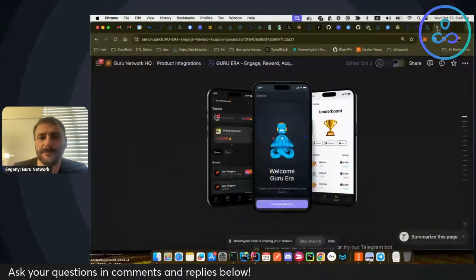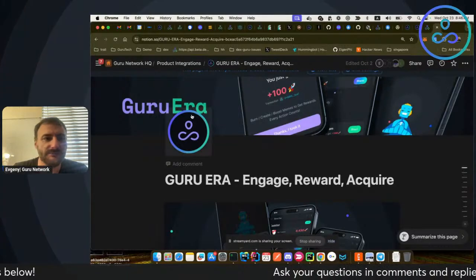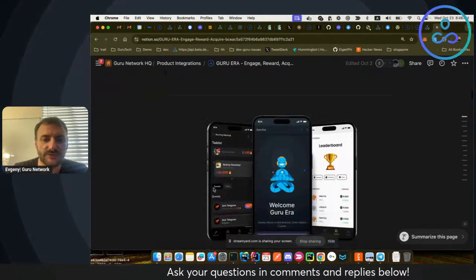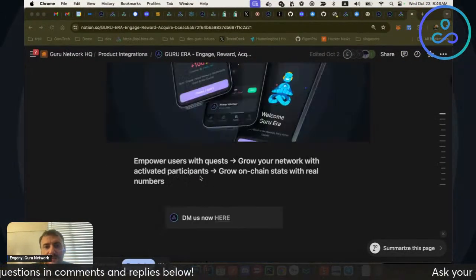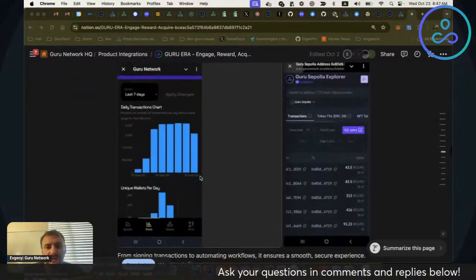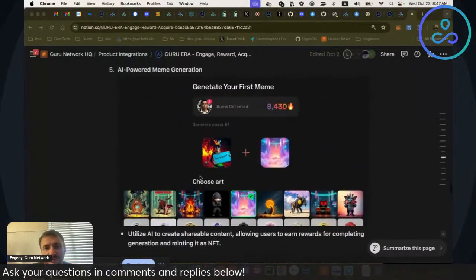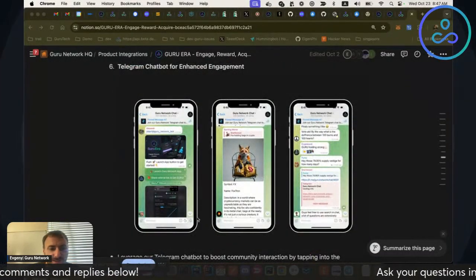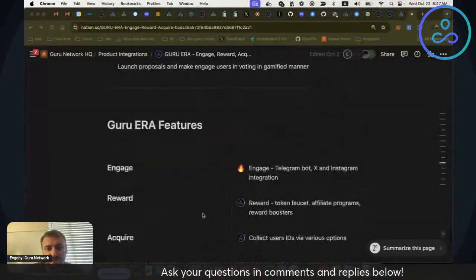Actually, that reminded me that I can show one more thing. On the B2B market, we are proposing it as Guru Era, and that's basically a Notion page we usually use as a blurb when we send those offerings. It's all about community engagement, getting everything on chain, and getting those mechanics, acting at the same time as a chatbot within your Telegram group and with your community, for direct communications.